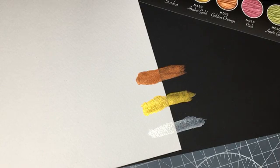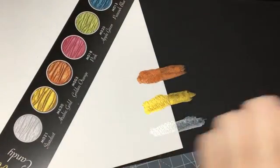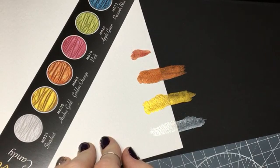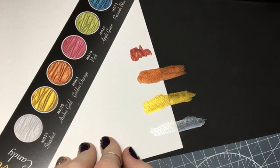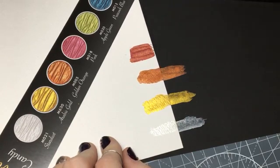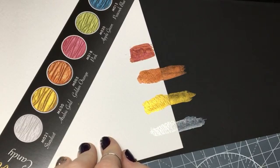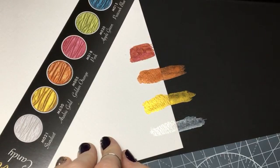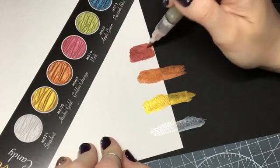Okay, so we're going to go for the pink next. If I put that in the screen, that might help, wouldn't it? So we're going for the pink one next. This one's more like a... I wouldn't say this is pink. It's darker, isn't it? I wouldn't class this as pink. This is more like a copper bronze pink. I don't know what you would class this as, but this is not pinky to me. It's beautiful. I love them all. I love everything, let's face it. But this is more a...